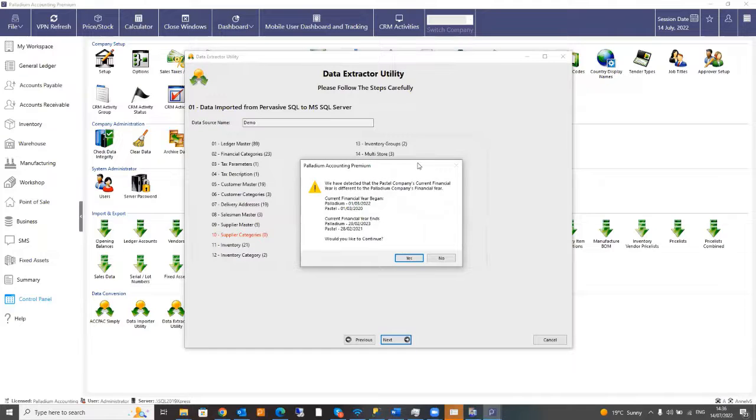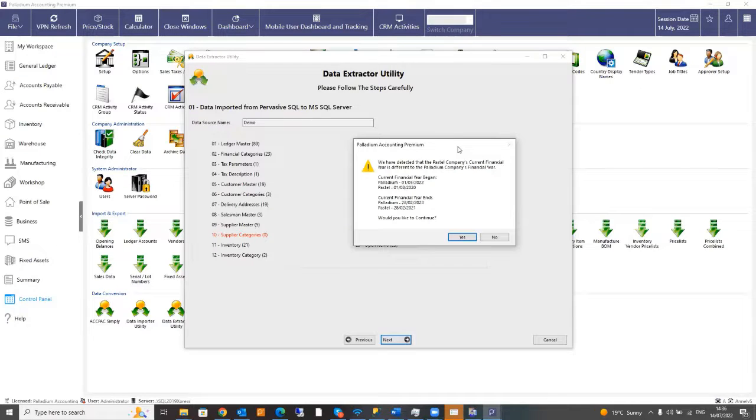And then this as well, like I've explained to you earlier on, when we were studying over on the Pervasive Control Center, you need to always make sure that you note down your financial year periods. So if your financial year starts 1st of March 2022 and you create a shell company in Palladium, and the shell company in Palladium starts from 1st of March or 1st of February 2023, then this is what I was referring to, that it is going to give you an error message